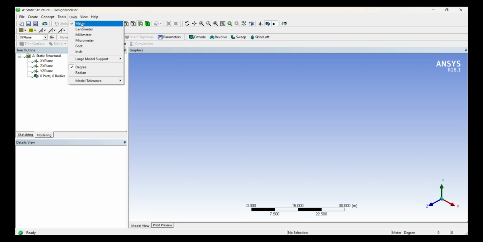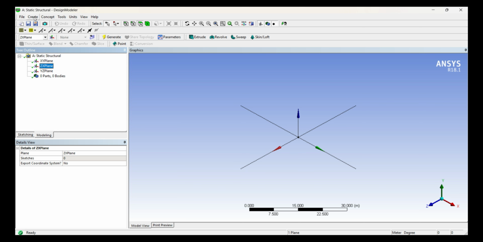So based upon the diagram, we can select centimeter, millimeter and micrometer and so on. So I am selecting meters here. Now I am going to the create